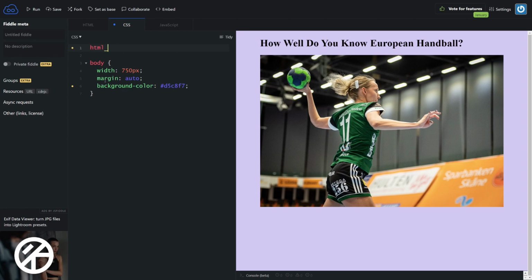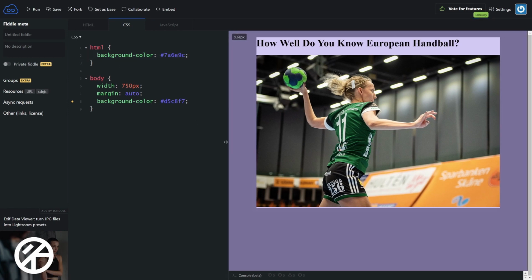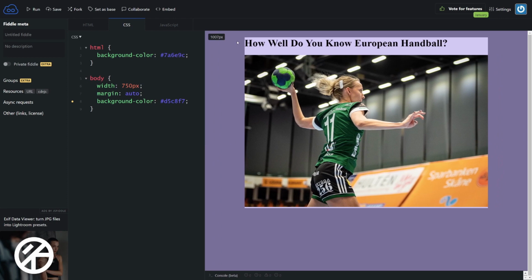And if I make the HTML color a little bit darker, which I will put in here, and then hit save, you can now actually see which part of this is in the HTML and which part of this is considered to be the body. So the body in the middle has this lighter color, and the HTML as a background in total has